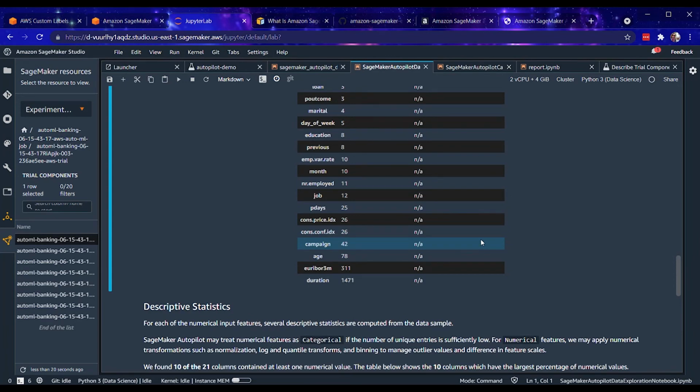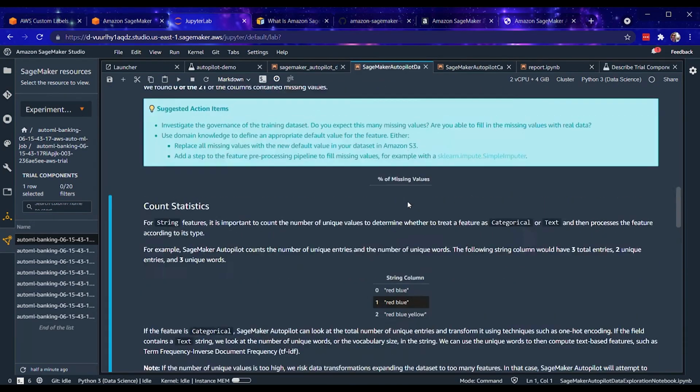This just gives you a quick sanity check on your data, to make sure that what the model trained on is what you were trying to train it on, and then of course flags any potential errors that could be impacting your model's performance. So you could get higher accuracy or performance if you correct these different things. This is that first notebook, the data exploration notebook.